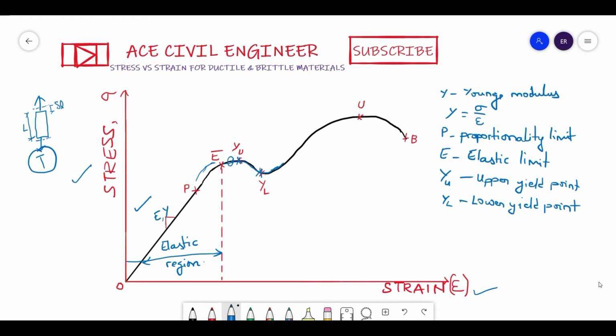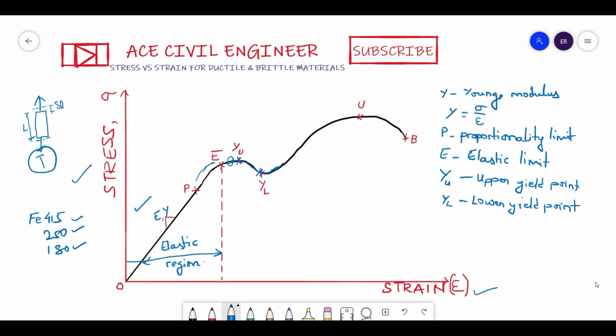Now friends, you may ask me a question: sir, we have two limits, which one do we consider as the yield stress of a particular material? You have to always consider the lower yielding point as the yield stress of a particular material. Again, you may have a doubt: sir, during design of concrete structures, we do use different grades like Fe415, Fe250, Fe180. These all have different yield stress. What does this mean? Though they are of common material, why do they have this? And what is the difference in its curve?